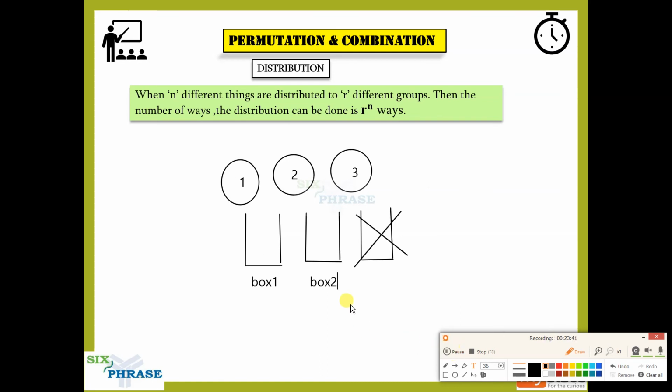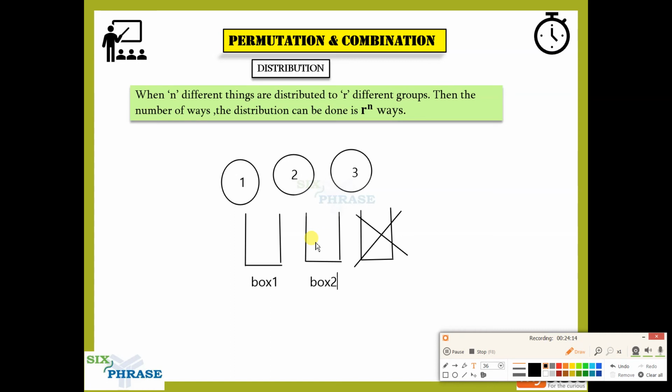Right, now I want you to come up with the answers. Just pause the video. I want these 3 balls to be distributed in these 2 boxes. Pause the video, come up with the answers, and then come back, check your answer again. Now there are 3 balls and we have 2 boxes. In how many ways can you distribute these 3 different balls? If they are identical, I'll let you know. These are different balls. So in how many ways can you distribute them? That is the question here. The 3 different balls in 2 boxes.